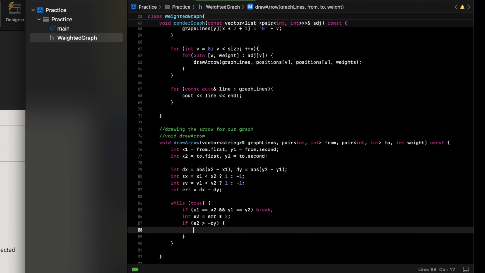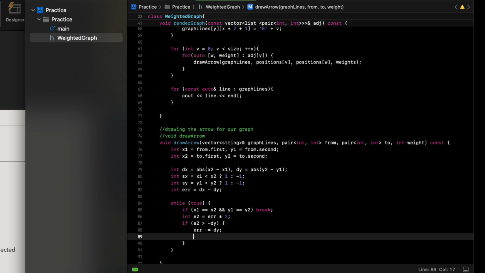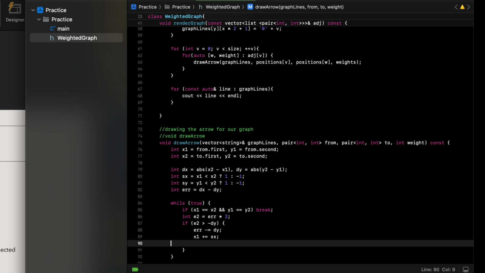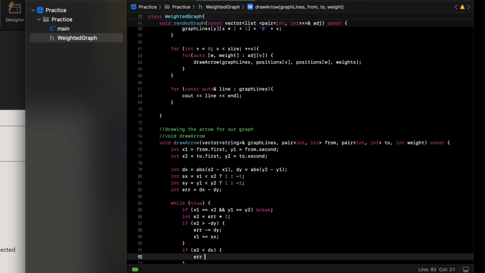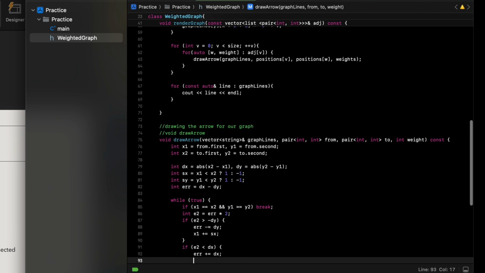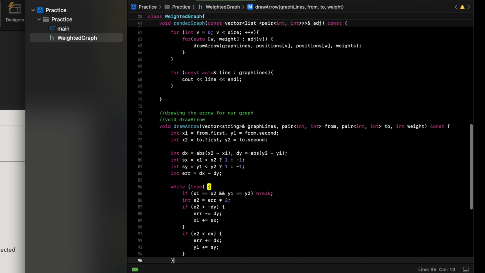We're going to redeclare here error less than distance y, x1 plus equal s of x if e2 is less than d of x, error plus equal distance of x, y1 equal s of y